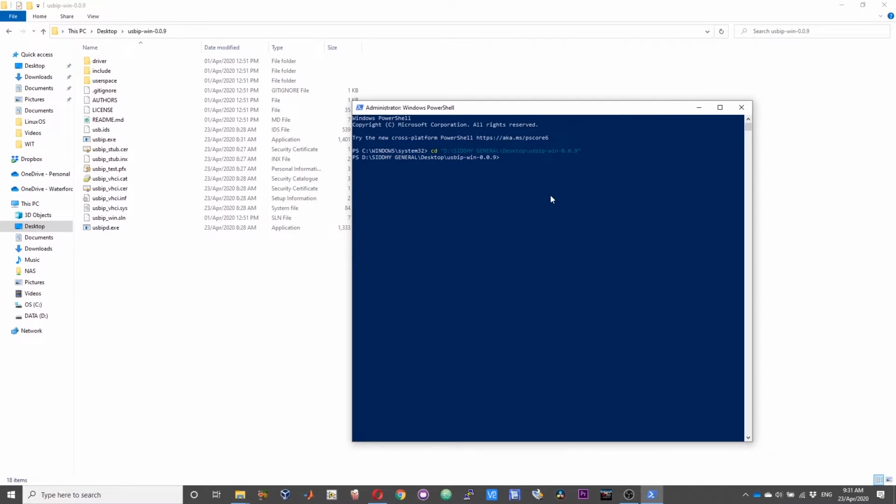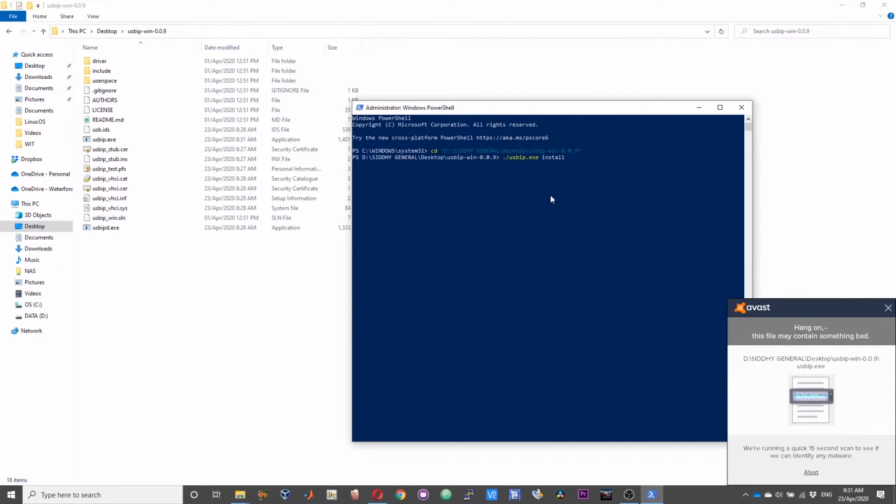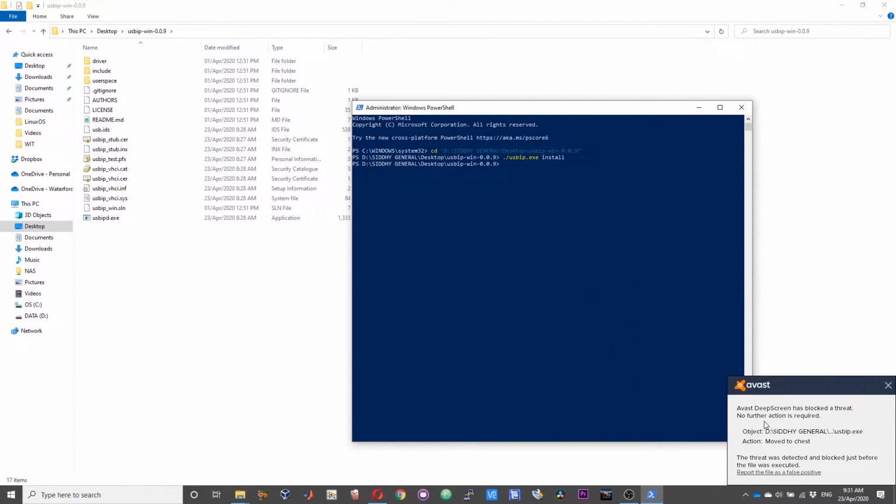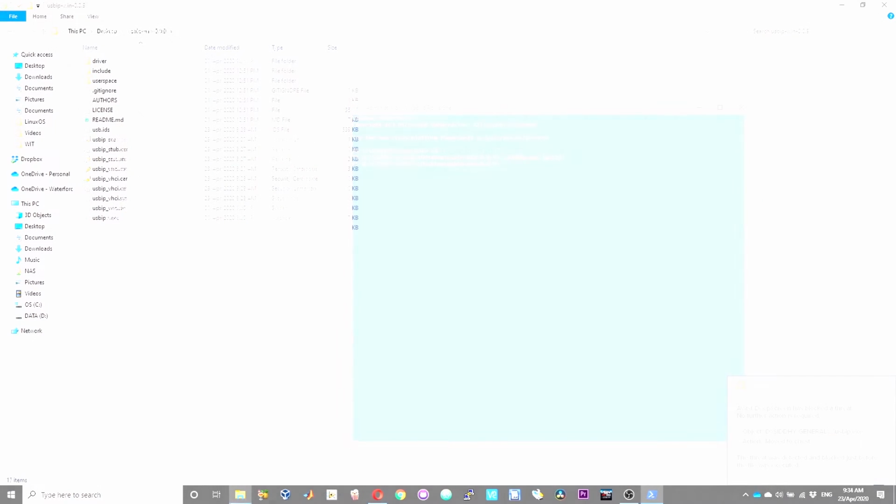Over here, now type ./usbip.exe install. As I mentioned earlier, my antivirus software is checking the file, and now it has treated the usbip.exe file as a threat.